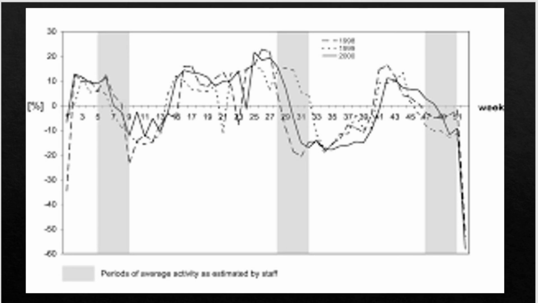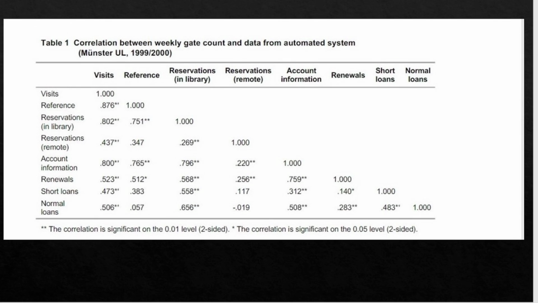In this figure, this underlines the problem by displaying adjusted data of weekly gate counts of Munster University Library for the years 1998 to 2000. Weekly gate counts were then correlated with a selection of automated data shown in this table. The highest correlation values with gate counts were found in user-initiated reservations and access to user accounts from PC workstations inside the library. It is likely that data with significant correlation can provide useful